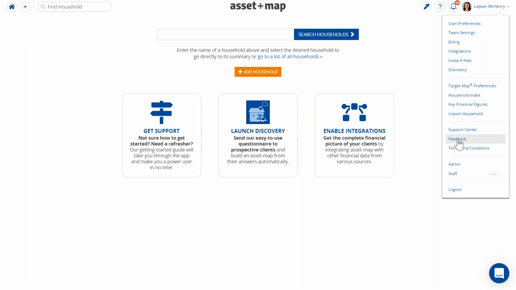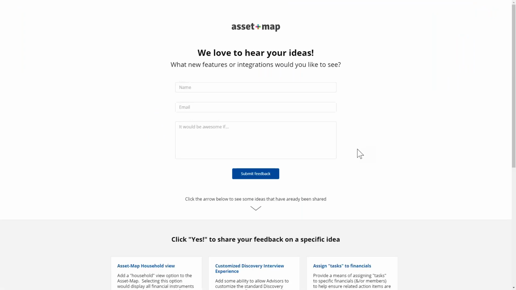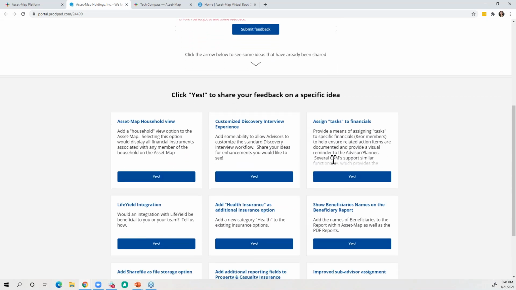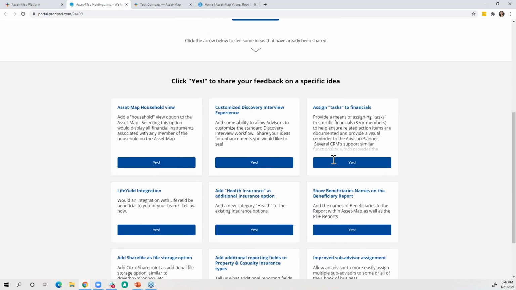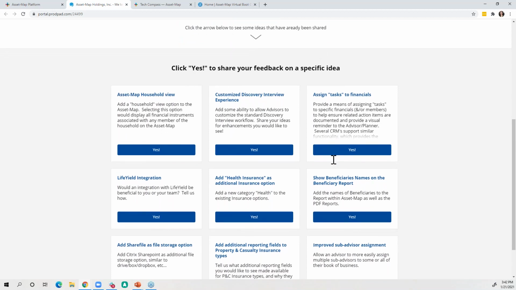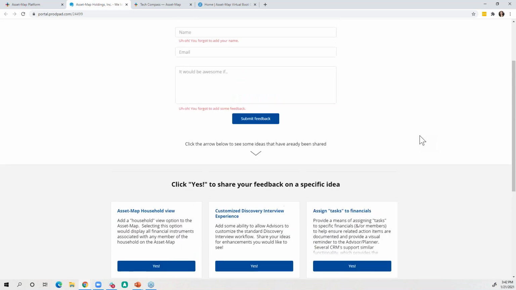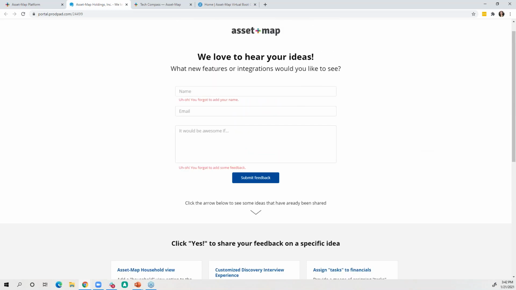So it says feedback, a little more than halfway down, and you click on that, and that connects you over to a platform in our system called ProdPad. It's a place where our development team and partnerships team can really keep track of what people are looking for in the system as far as enhancements and additional integrations. It's an all-encompassing spot where, if you have a great idea about what you should see in AssetMap or something you think would be beneficial for the whole community, or again, integrations, we're going to track